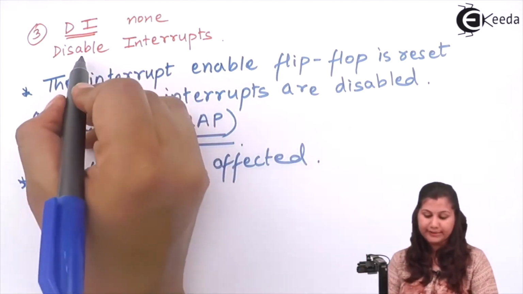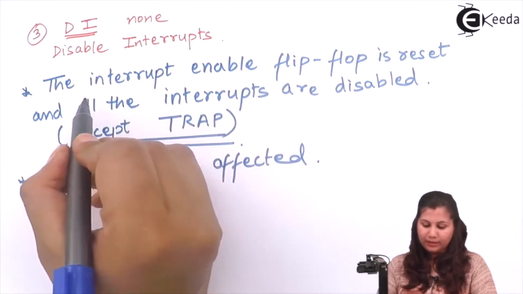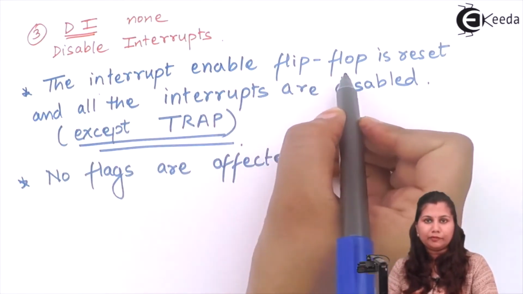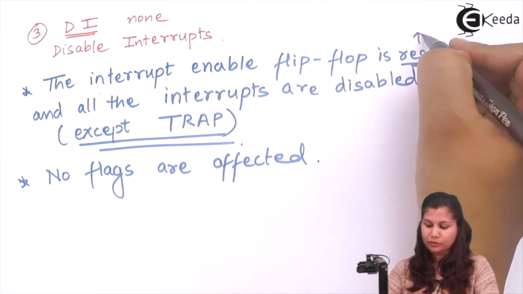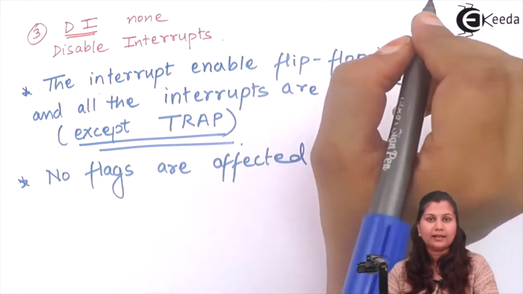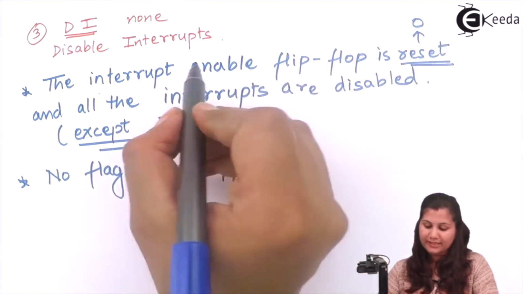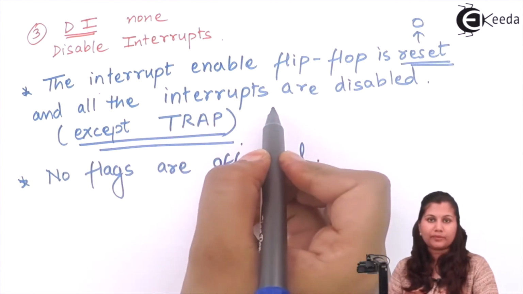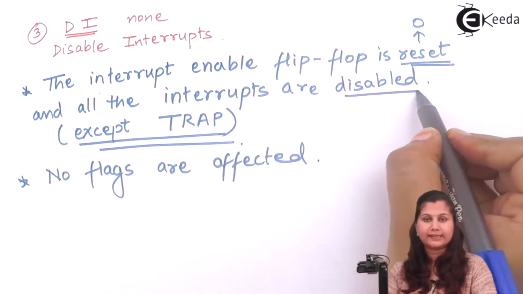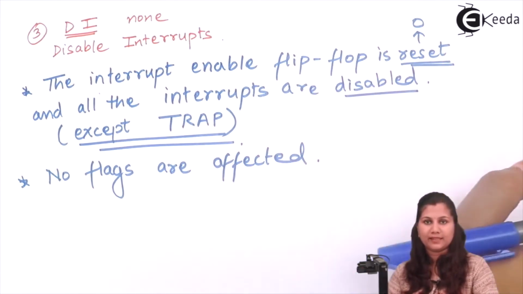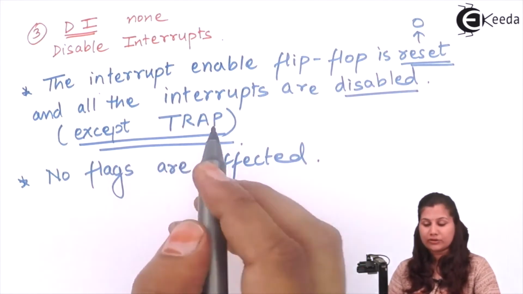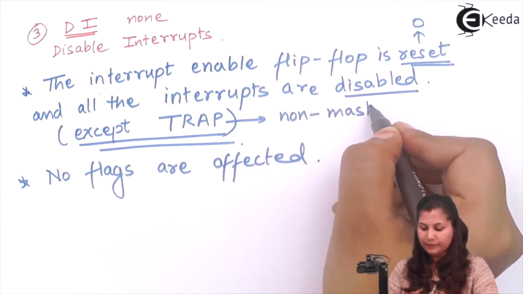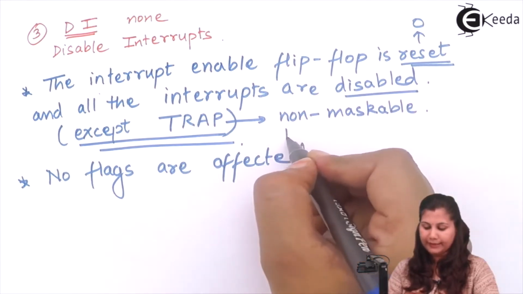So this instruction, disable interrupts, does the following when it is written in the program: the interrupt enable flip-flop is reset, that is, it comes to its initial condition and its value becomes 0. So this interrupt enable flip-flop is reset, and all the interrupts which are given to the microprocessor are disabled. None of the interrupts will be executed except TRAP, because TRAP is the non-maskable interrupt